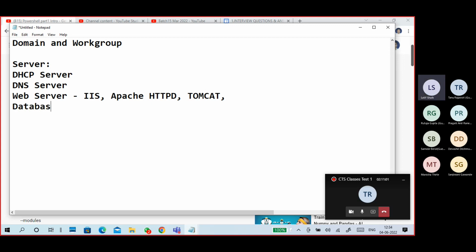Database servers. Database servers become servers by installing database applications, right? You install an application, then it is a database server. Oracle database you install, it becomes a database server. MySQL server, PostgreSQL server, like this. This is a database server.